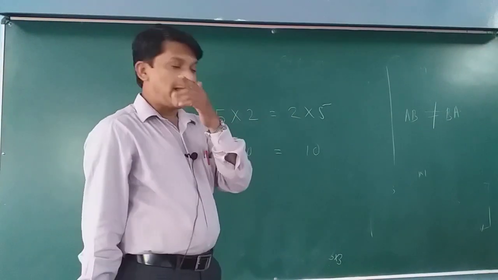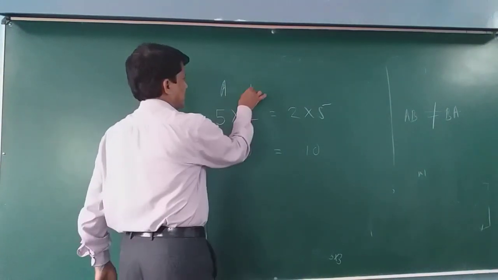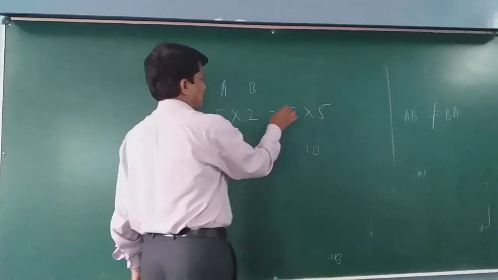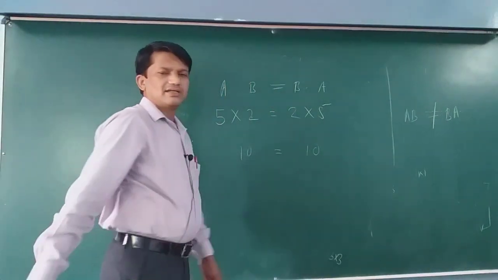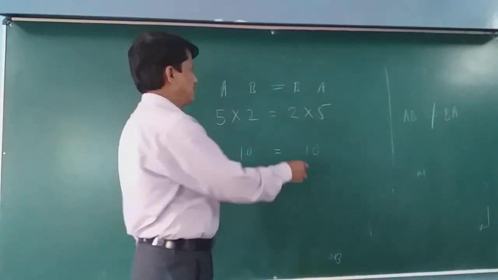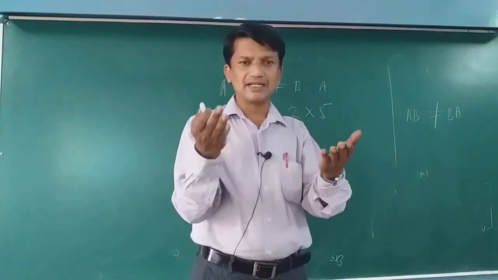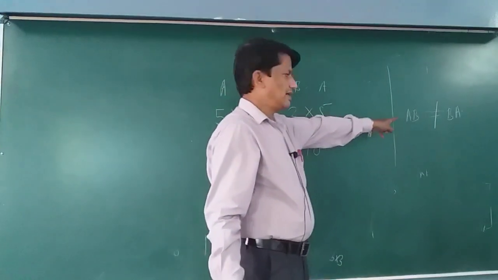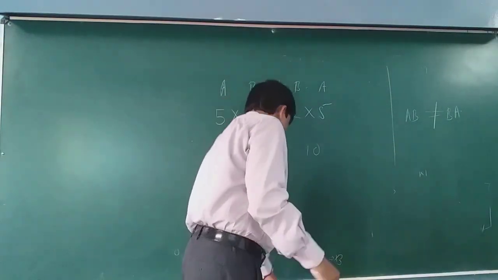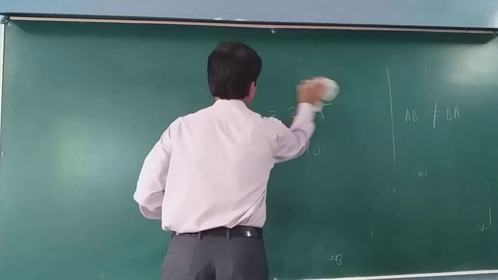But in a matrix, if instead of this we use an A matrix and a B matrix, A multiplied by B and B multiplied by A, in general this is not equal. In some examples they give us equivalent results, but for all values it is not equal. Okay, so this is about matrix multiplication.